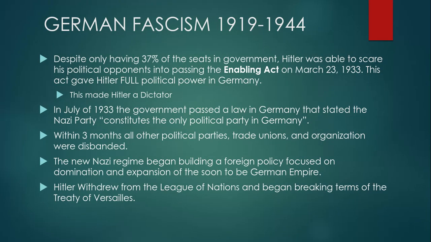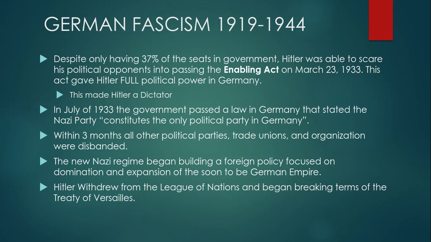Despite only having 37% of the seats in government, Hitler was able to scare his political opponents into passing the Enabling Act on March 23rd. This gives Hitler full political power in Germany, so it makes him a dictator. They passed a law in Germany that stated the Nazi Party constitutes the only political party in Germany. Within 3 months,